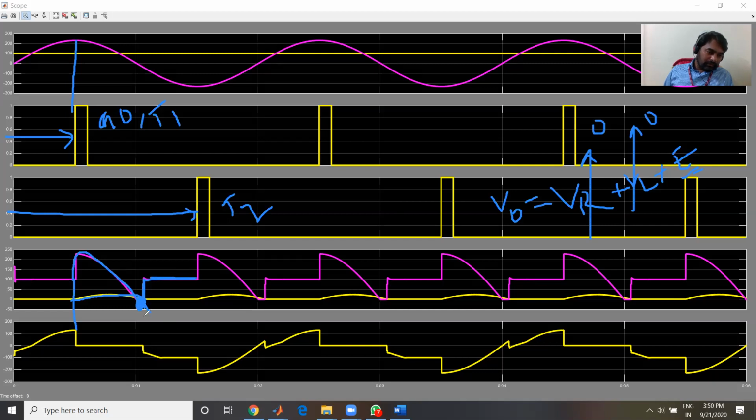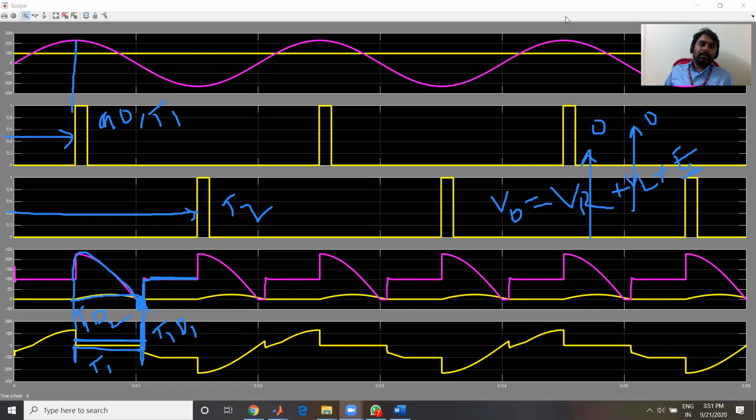And from omega t equal to alpha to the point where the current is extinguished to 0, T1 is in conduction state, because during this positive interval T1, D2 are in conduction state, and during the short interval after omega t equal to pi, T1, D1 will be in conduction state. So during this complete period, T1 is in conduction state. So the voltage across T1 will be 1 to 2 volts practically, and ideally it is 0 voltage.